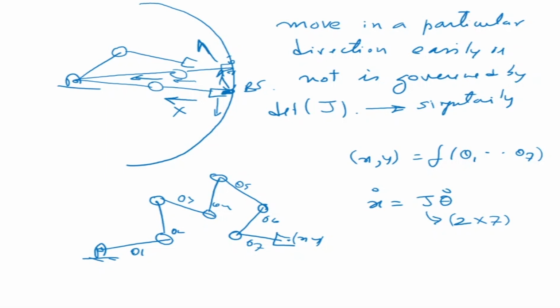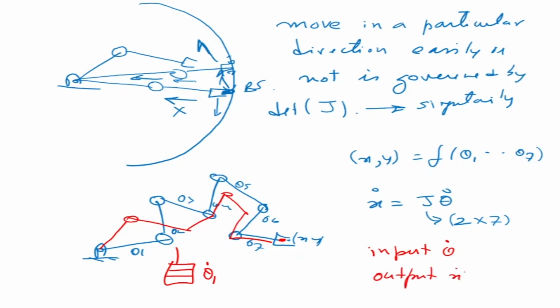This basically means that if I can keep the end effector here, I can move some of the joints like this, like this, like this, and the end effector can still be there only. That means I give some joint velocity, some theta input in terms of joint velocities, but there is no output, there is no x dot or y dot here. So I'm giving input theta dot, but there is no output in terms of x dot. Okay, this is a strange situation, that the joints are moving but the end effector is not moving.